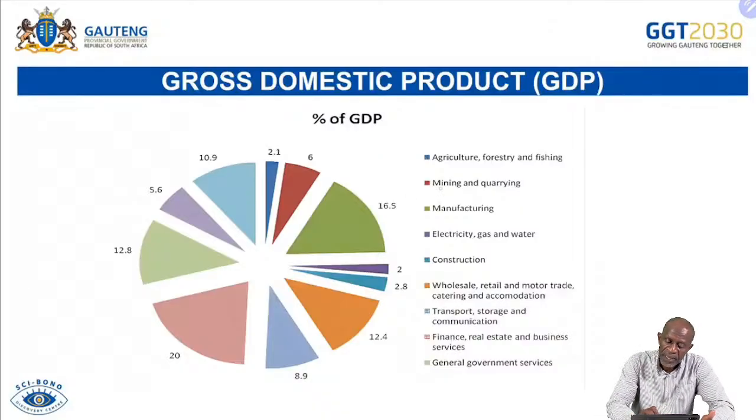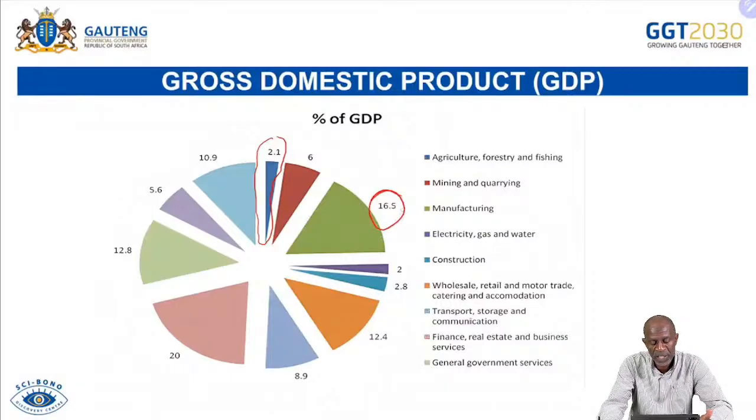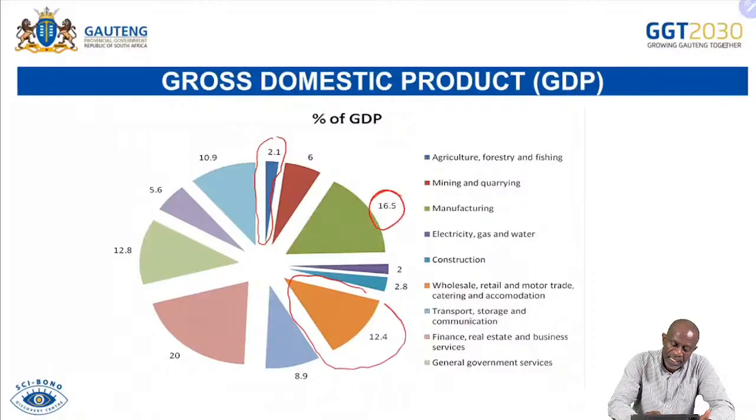As you can see, agriculture, which is represented by this blue on the pie, contributes 2.1%, and the manufacturing industries represented by this green color, its contribution is 16.5%, and as we look into another large contribution which comes from the wholesalers, the retail, motor